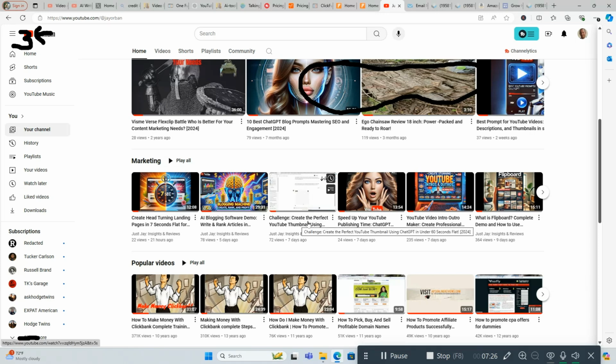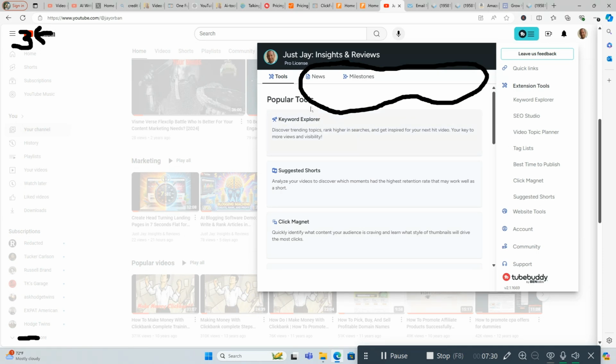There's just so many different variables. You can see it right here. I got the Pro license right now. I had the upgraded one earlier. I went down to just the Pro for right now. But the other one I had is actually a little better. But this is good for me for right now. But you got quick links, extension tools, Keyword Explorer, SEO Studio, tag list, best time to publish, click magnets, suggested